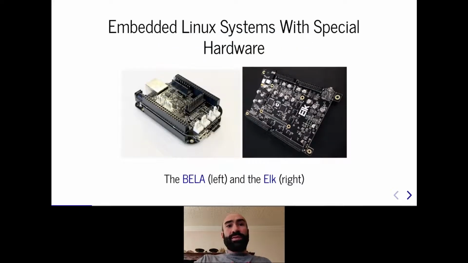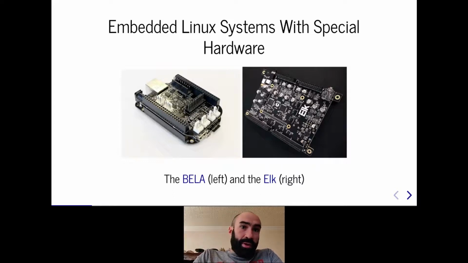More recently, these issues were addressed by specialized hardware and software solutions such as the Bela, which was first released in 2014, and the Elk. In both cases, dedicated hardware is added to standard embedded Linux systems like the Raspberry Pi for the Elk and the BeagleBone Black for the Bela to improve their performance for real-time audio processing applications. These products work in conjunction with specialized Linux distributions where audio processing tasks are carried out outside of the operating system, allowing for the use of significantly smaller buffer sizes and therefore lower audio latency.